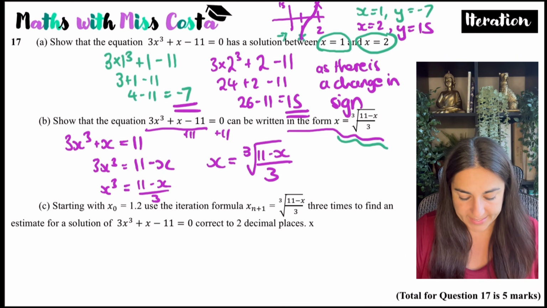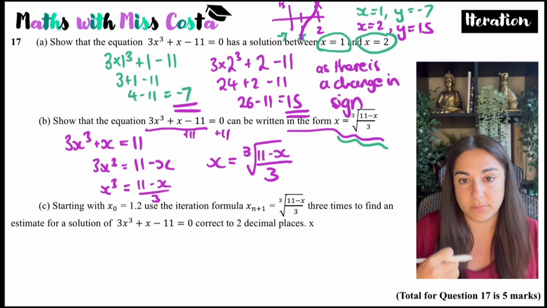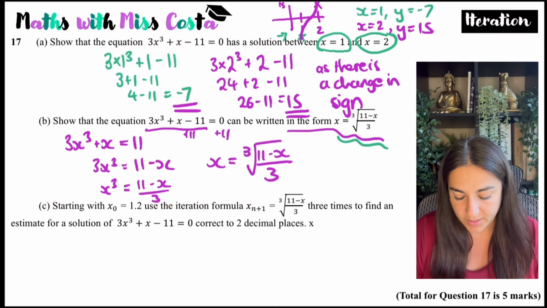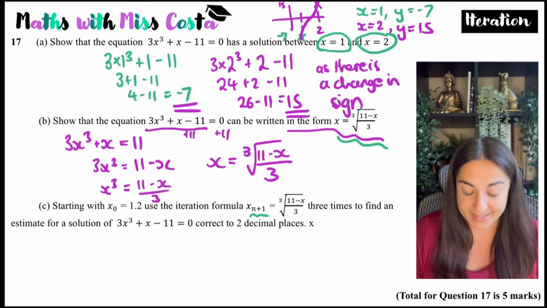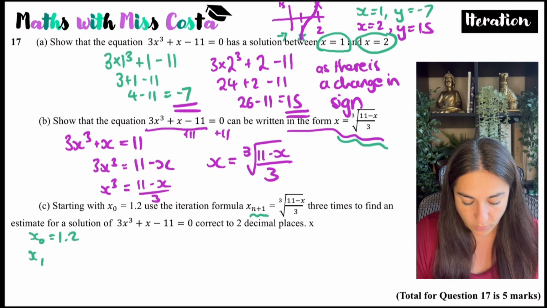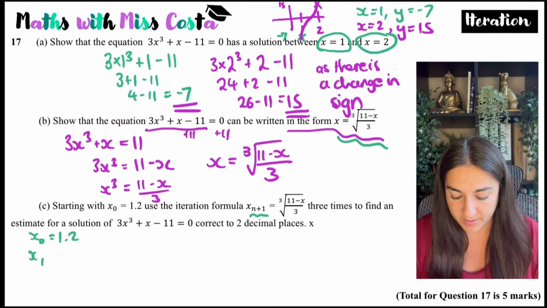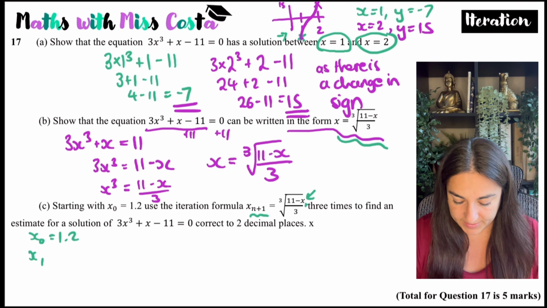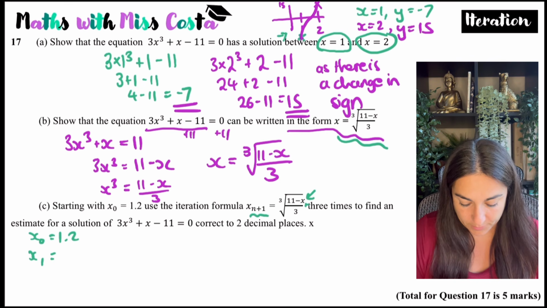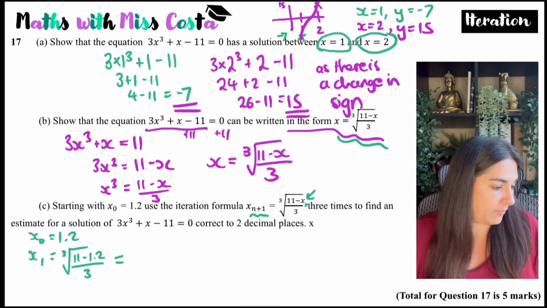And the final part is to substitute your values in an iteration formula. Remember, n plus 1 just means the next term. So if x0 is 1.2, x1 would be the n plus 1, and I'd be, oh, that should say xn, that would be the previous term. So I'm going to do the cube root of 11, take away 1.2, over 3. And that is going to give me